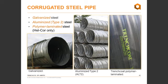We also offer a polymer laminated pipe, and this is a pipe made from a steel coil that is polymer laminated before it's wound into the coil and shipped to our plant. So the polymer coating is on there before we actually corrugate and wind the pipe. So that definitely offers much more durability in terms of service life. Whenever you have a fully protected barrier between the steel and the environment, you reduce the risk of corroding the